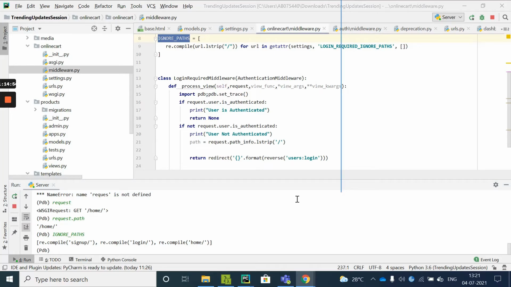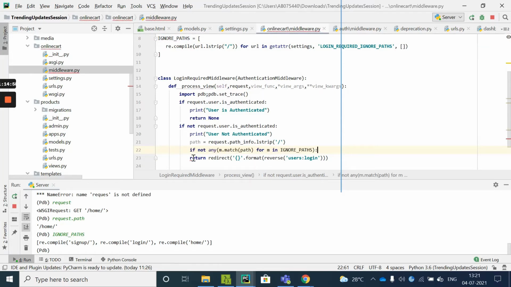I quickly write a list comprehension on that and say: take every URL from the ignore paths, for every URL m, match it with the path. That means your path is now home. And when you add an lstrip, it becomes something like home slash.